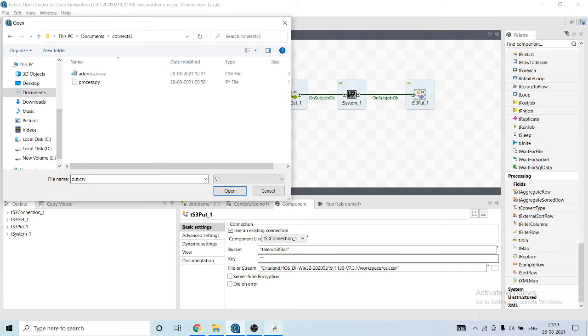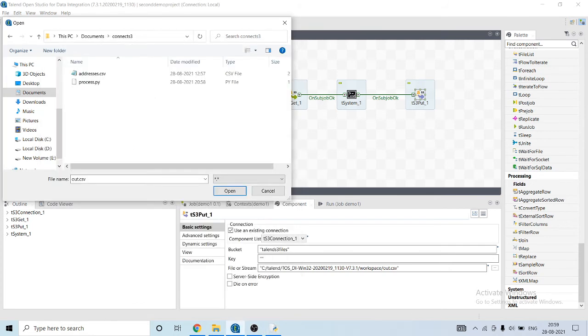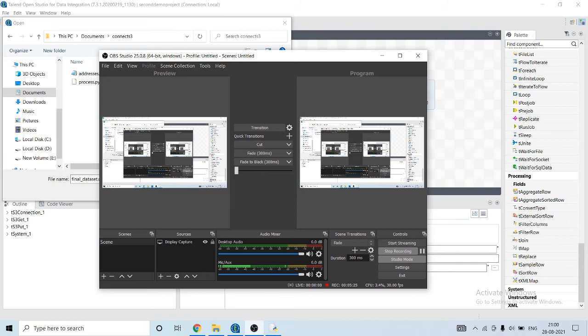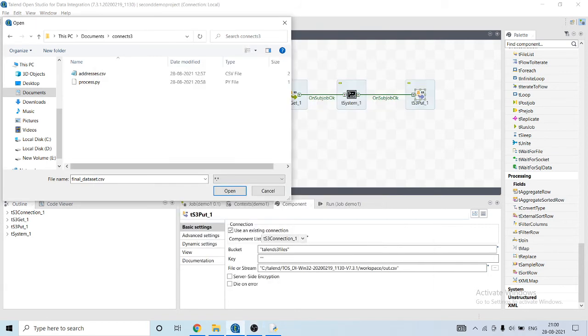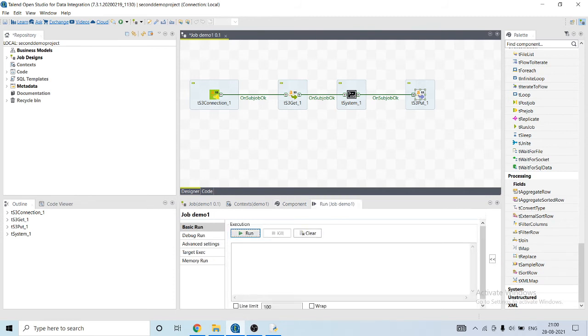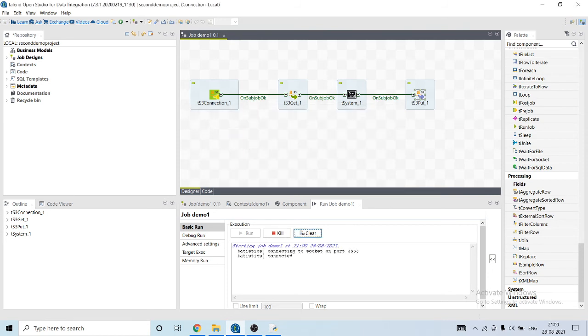I need to specify the name of the file because it will pick the file with the same name. So I've specified the name of the file it's going to upload. The same name I will specify in the key also. So let's run our job to check whether our pipeline has been built successfully or not.